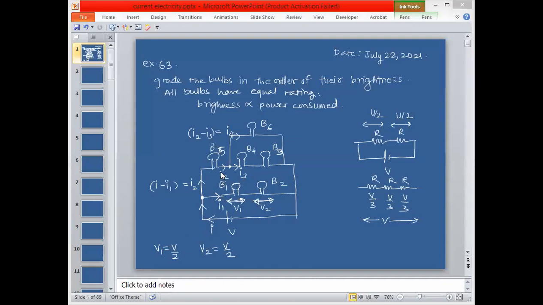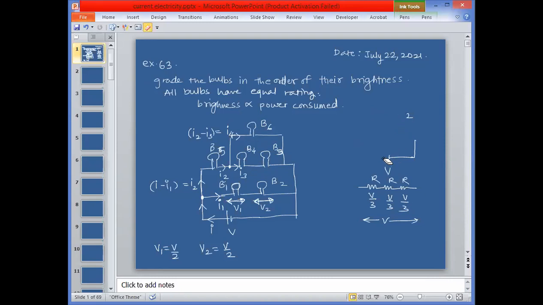Okay, fine. Now for this case, V1 and V2 are now known to us. Now we are trying to find V3 and V4. So what I am going to do is figure out the total potential and the total resistance, and I can do that orally. See how. This is R, this is R. R plus R is 2R. This is R in parallel with 2R.